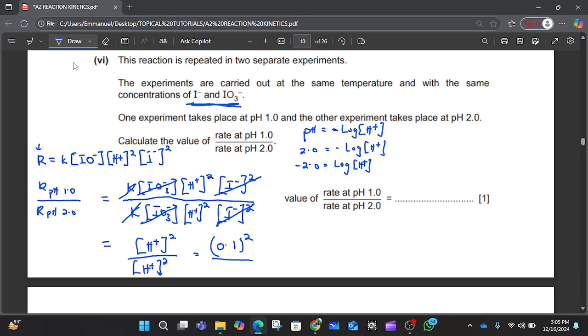If we find the anti-log of both sides, we are going to get 10 exponent negative 2.0 is equal to the concentration of H+ ion. And so the concentration of H+ ion at pH 2.0 is equal to 0.01. So if we put that value over here, 0.01 squared, it means that this value is going to give us